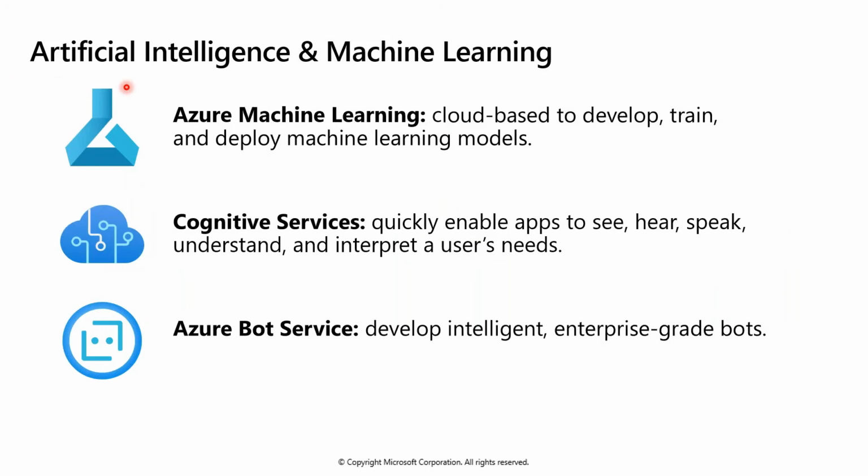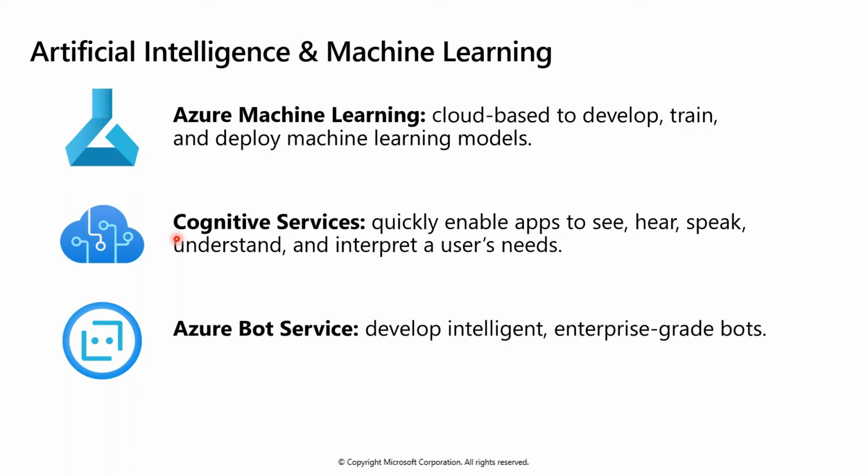Okay, after this you have for your AI and machine learning. So the three major services are your Azure Machine Learning Studio. So this is a cloud-based platform where you can develop, train, and deploy machine learning models. Then you have pre-packaged models. So Azure Cognitive Services are those services where Microsoft or Azure, they've already trained some advanced model on their own data, and now what they are doing, they are actually renting out those cognitive services as REST APIs on a pay-per-use model.